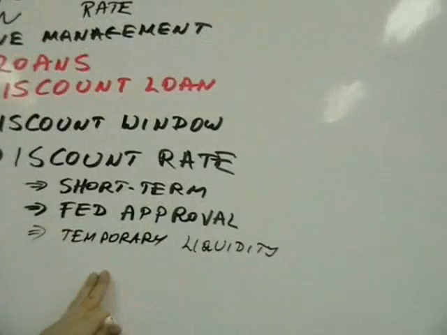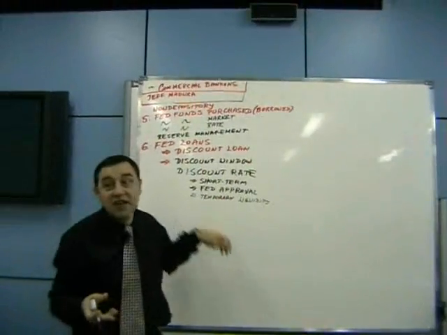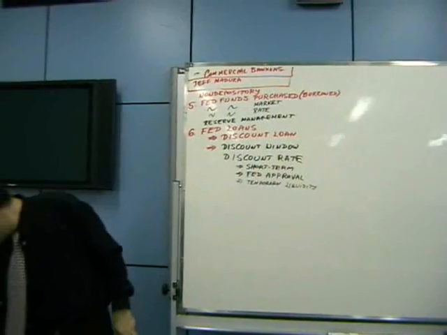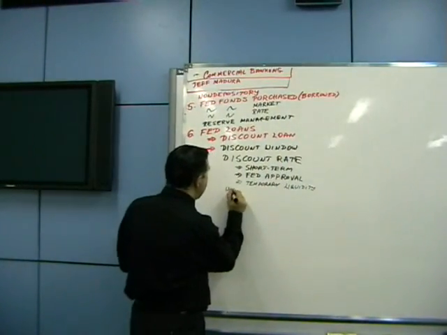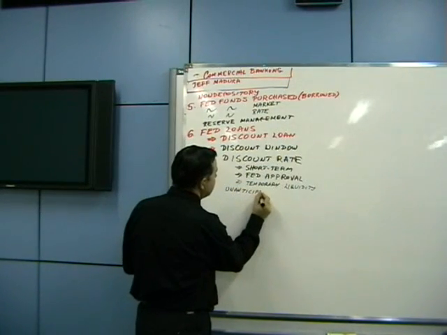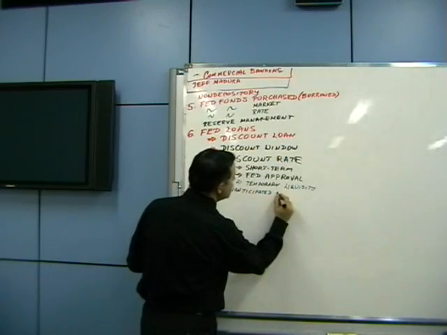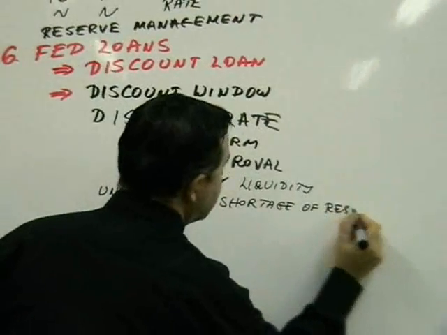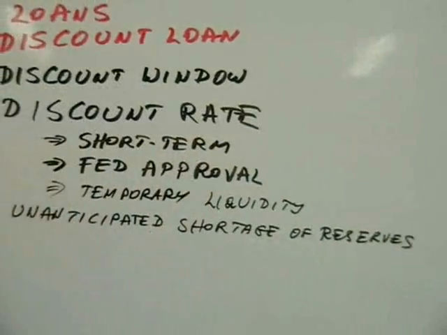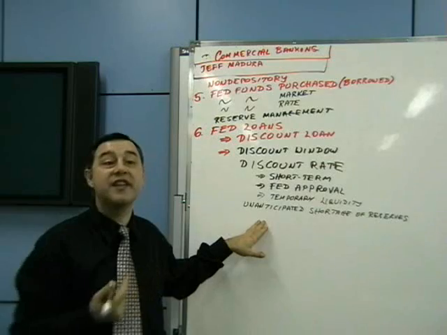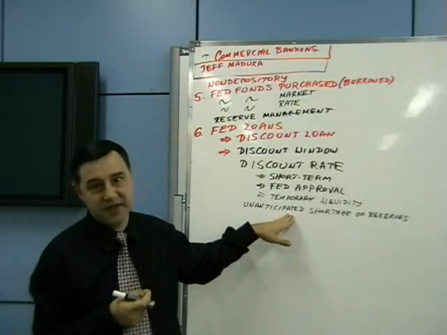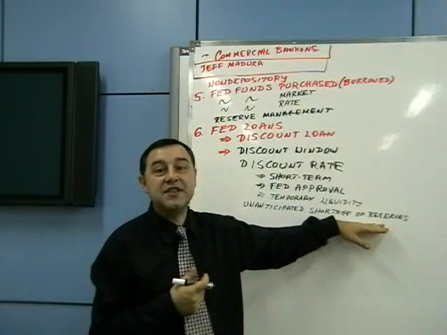Sometimes it may go as far as seasonal liquidity problems. Some banks might have a certain particular loan structure such that they will have seasonal problems. Alright, so we call these unanticipated shortage of reserves. Like the financial crisis, for example? Well, yeah, but not really. Usually the bank may have some very, very large depositor who would want to take the money out, or some other unforeseen circumstances, which suddenly the bank faces a shortage of reserve, and